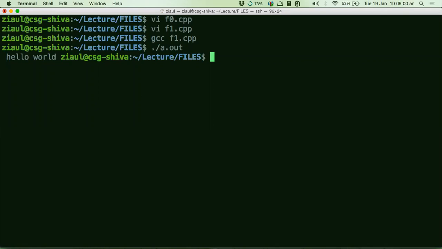What do I mean by devices and what do I mean by files? Devices are anything connected to your computer or inside your computer. For example, your hard disk is a device, your monitor is a device, your keyboard is a device. What kind of device is your monitor? Is it an input or output device? Output. It's an output device, exactly.